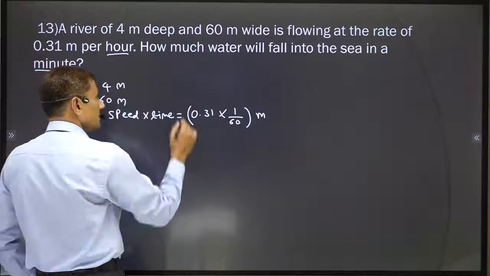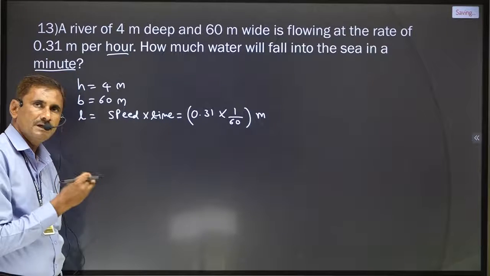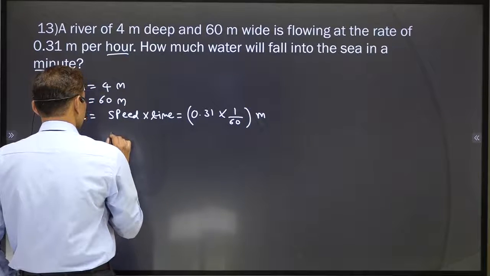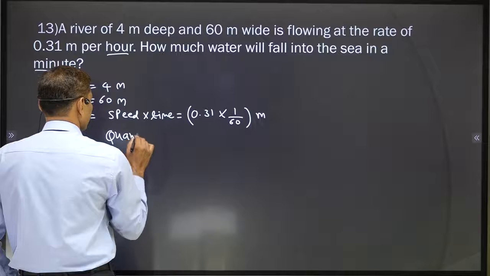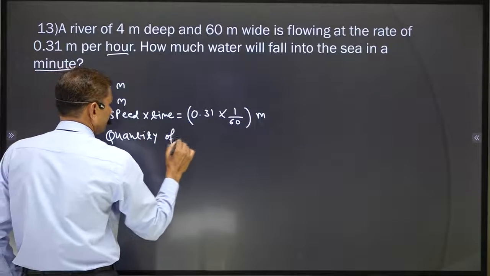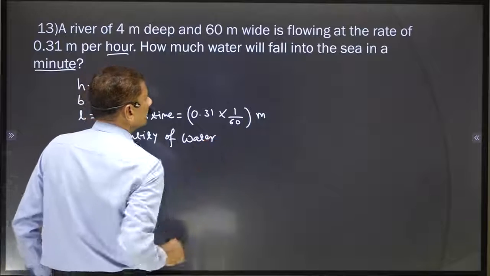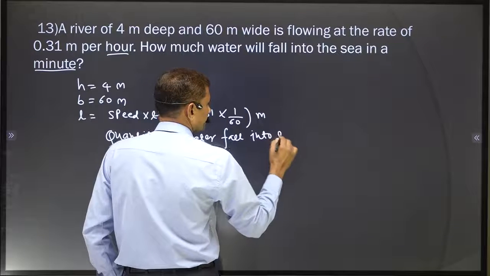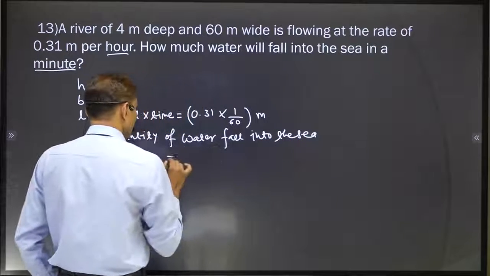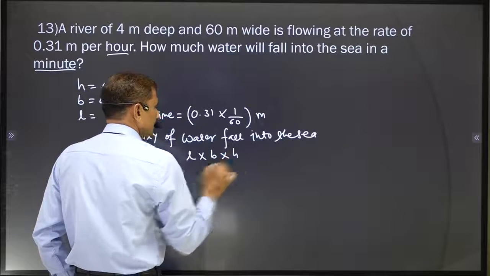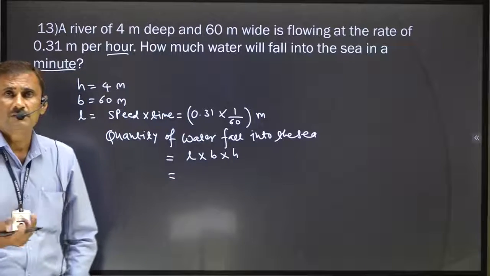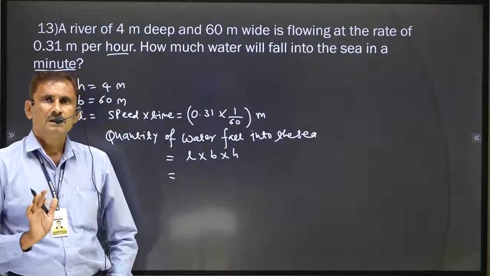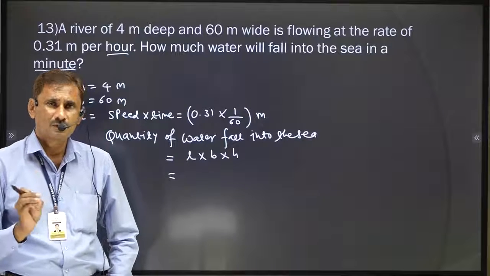So now it becomes one type of cuboid. So we find the volume. So just write according to the question only. Water falling into the sea. So quantity of water falling into the sea equals L into B into H. It is cuboidal, when length, breadth, height are like that. At that time you can understand only when radius or diameter is given, at that time say that it is cylindrical, but it may be a pipe or like that, not a river.